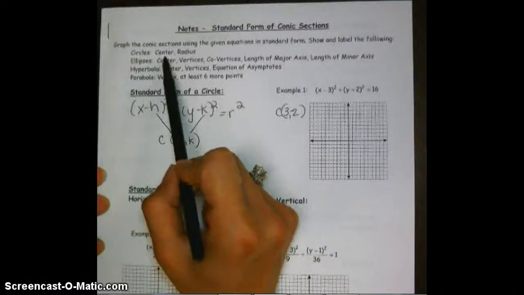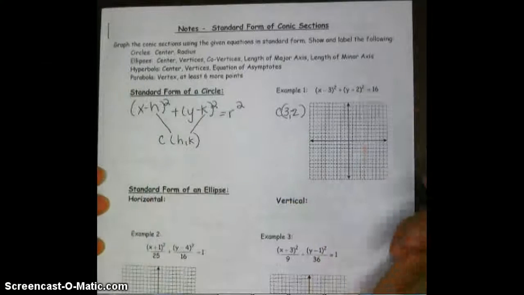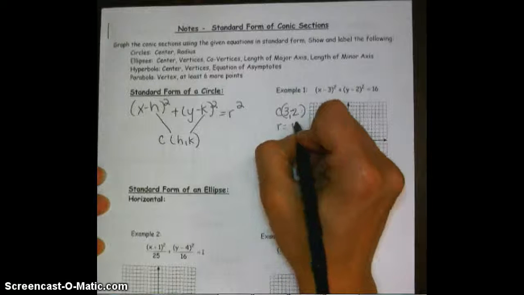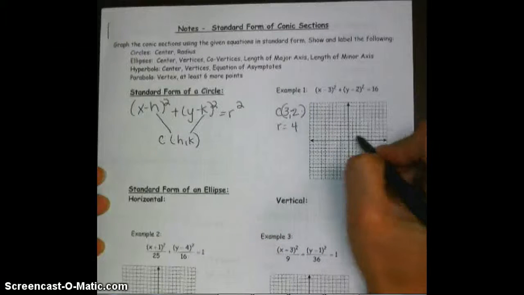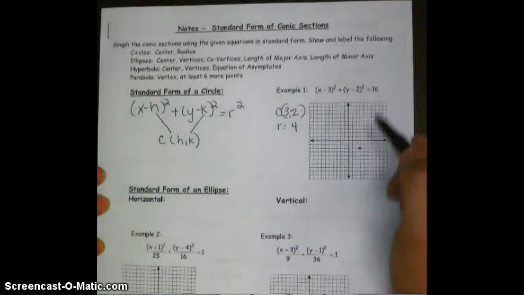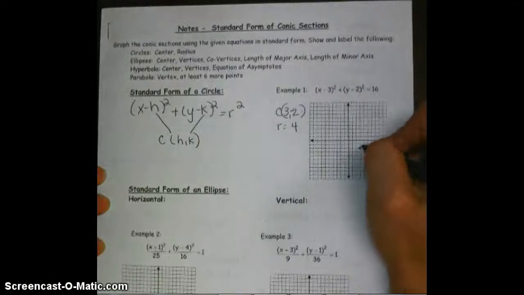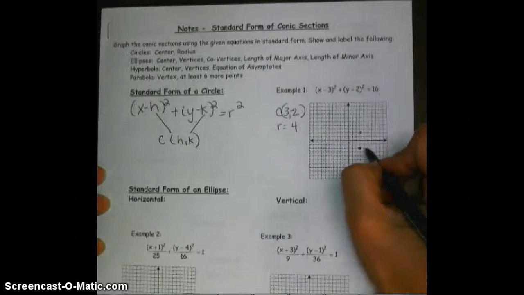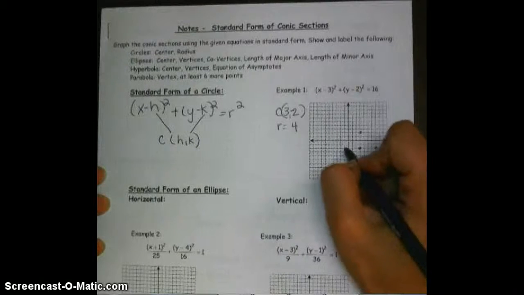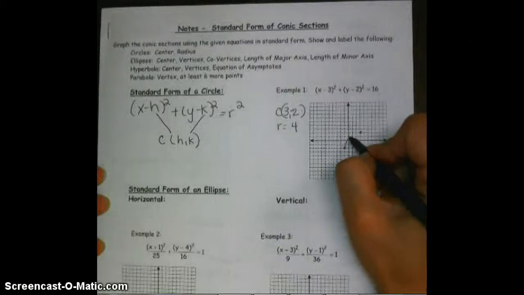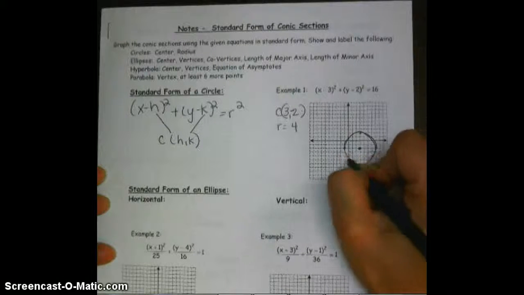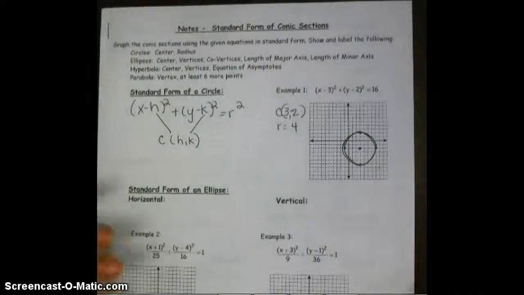All right, so your directions on top tells us how we want to grade for full credit for your graph. So on circles, you have to identify the center and identify the radius. So we identified the center, we identified the radius. Now we just need to plot our point. And 1, 2, 3, 1, 2. Okay, since the radius is 4, we're going to travel 4 units up, down, left, right. And then connect the outer points